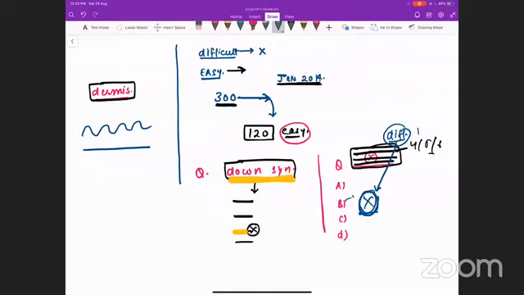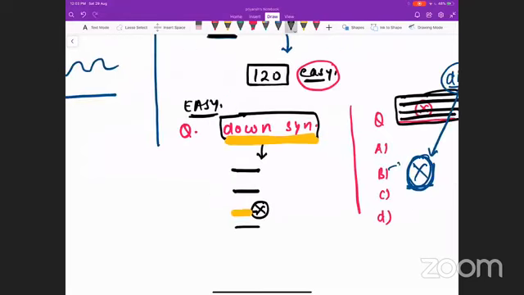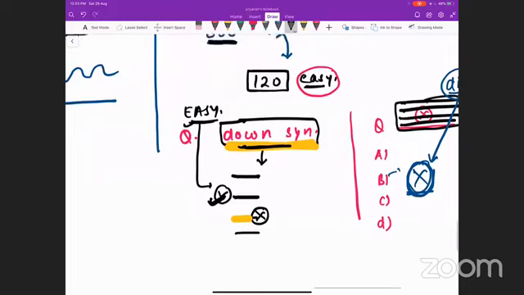But if the same attention is given to an easy question or a question which is familiar to you, there is a very high probability that you may get the correct answer, because you know the topic. So whenever you see an easy question, you have to put more attention. You must read that question 4 or 5 times and make sure that the answer is correct, because the probability of getting the correct answer of an easy and familiar question is very high.